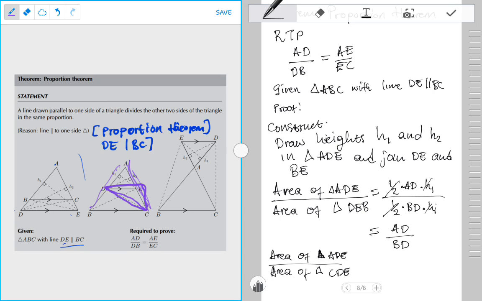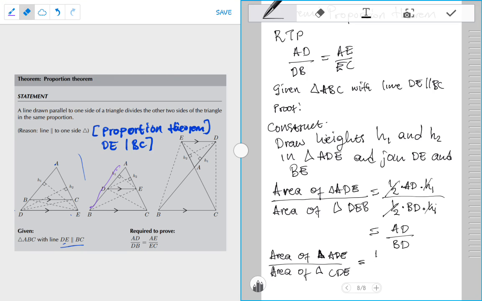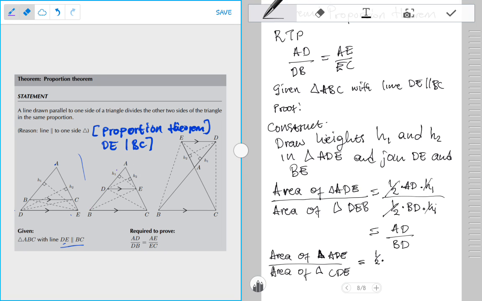This is equal to 1 over 2 multiplied by the base of triangle ADE, which in our case is this one, AE,